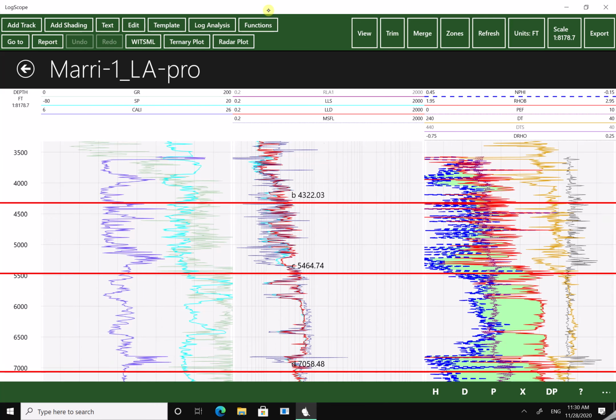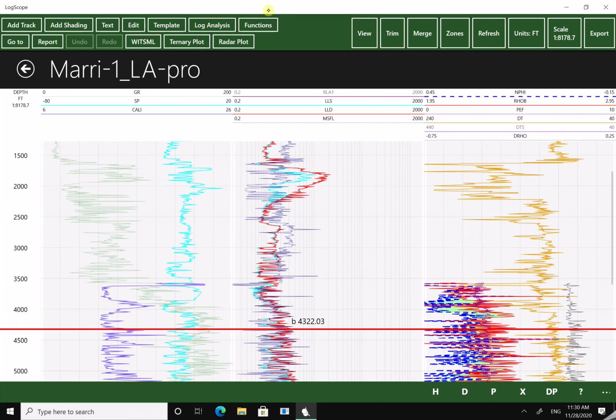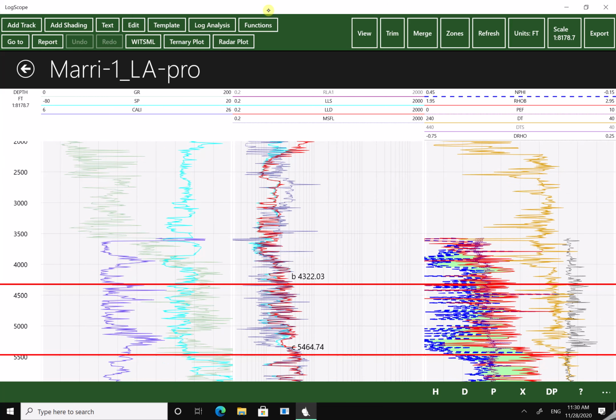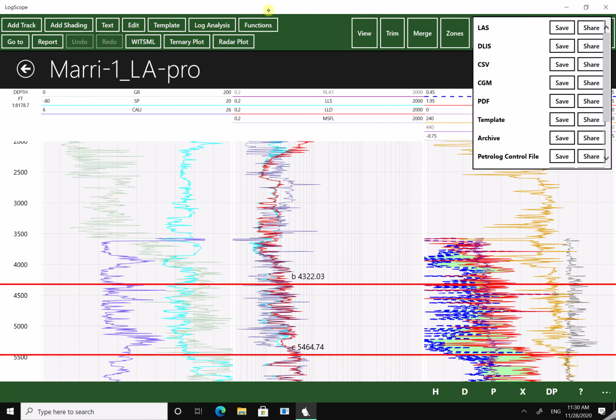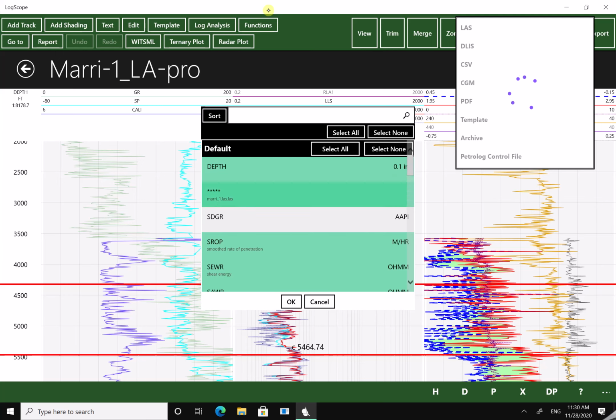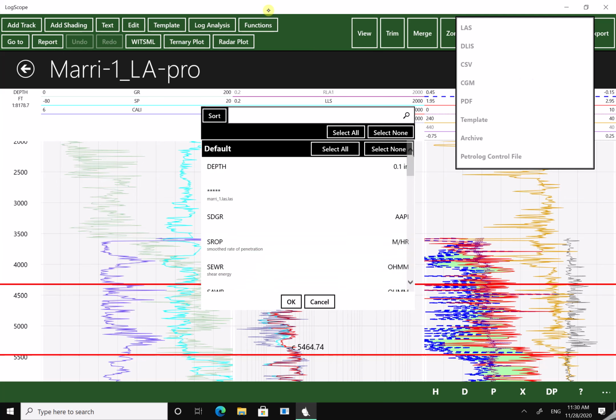So this data here is displayed in measured depth, and what we want to do is display the data in TVD depth. So the first thing that we need to do is export the data in the default group, and we're going to export it as a CSV file. So it's default, regular. I don't want to select all the logs, so I'm going to select none, and I'm going to select just a few of the logs,